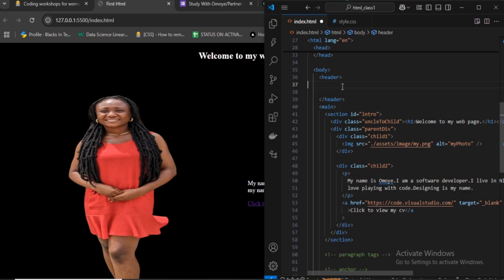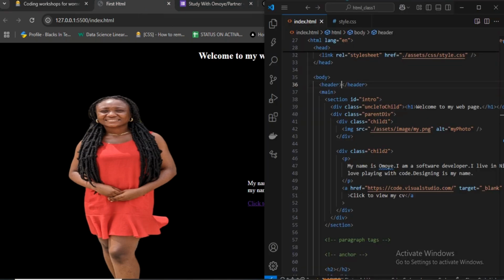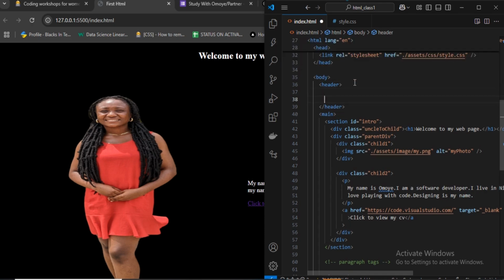Now in the header, you have two things basically that are always here. We have a logo, we have a navigation bar. Navigation bar and logo. So what we want to do is also to have a navigation bar and a logo. Whenever you want to create, this becomes our parent container, and the two become the child containers. So this is going to be a div